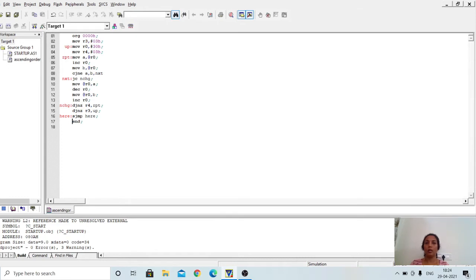In this session I'll be executing an assembly language program for the 8051 microcontroller to arrange the array in ascending order, or to sort the array in ascending order. And this is the program. I've already typed the program. I'll just compile the program